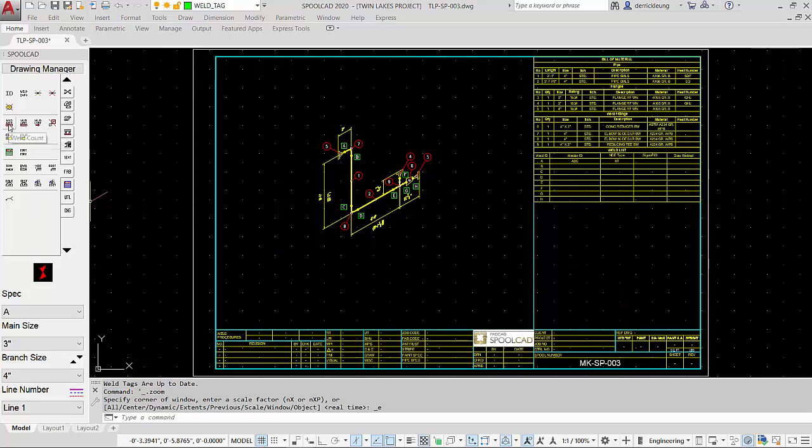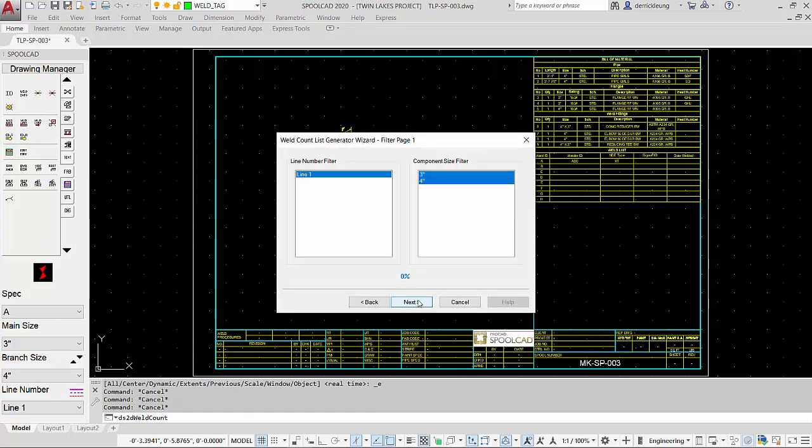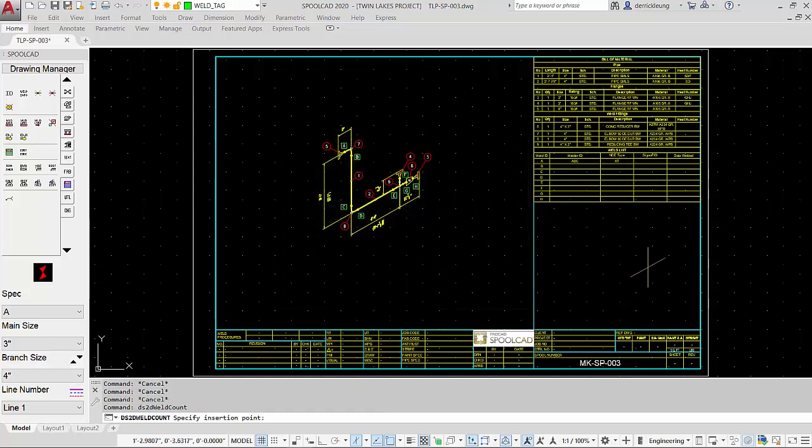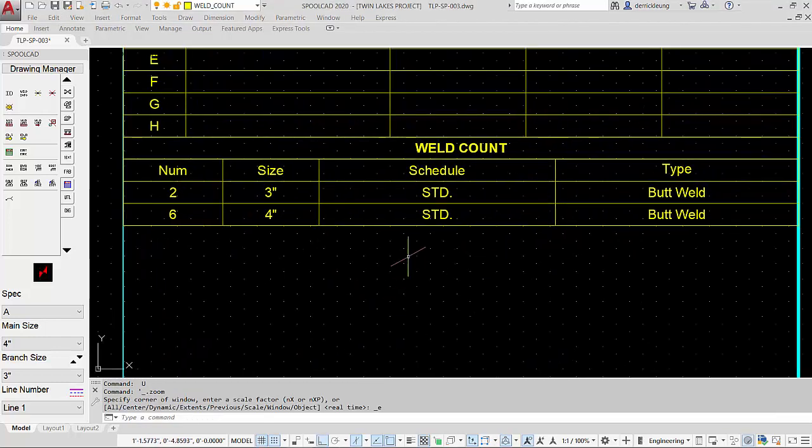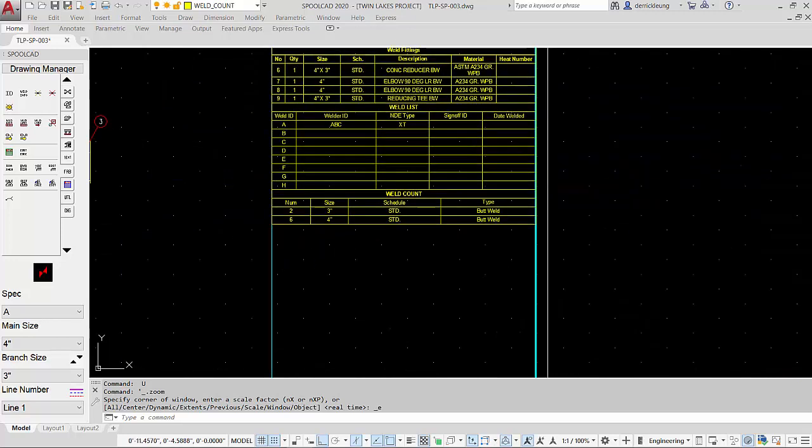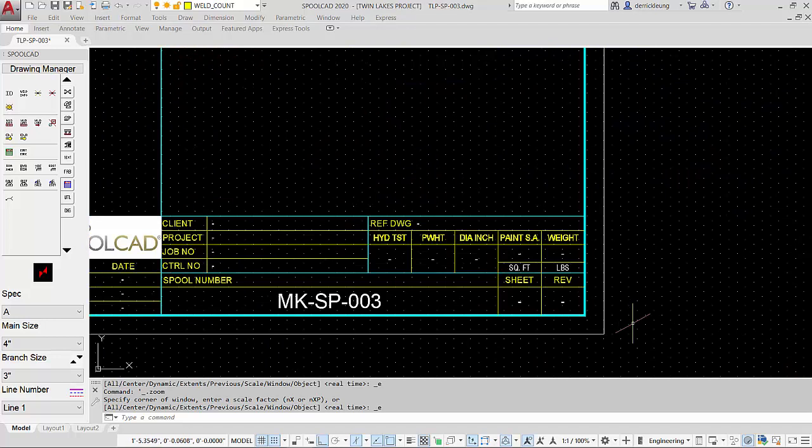Part 3 would be to add the weld count. So we click on the Weld Count tool, select the drawing, insert it into the drawing, and we can take a look at it. And it will say number of welds, 2 and 6, the different sizes, the schedule, and the butt welded. The final features of the Spoolcad are some of the automated calculations that can be done,